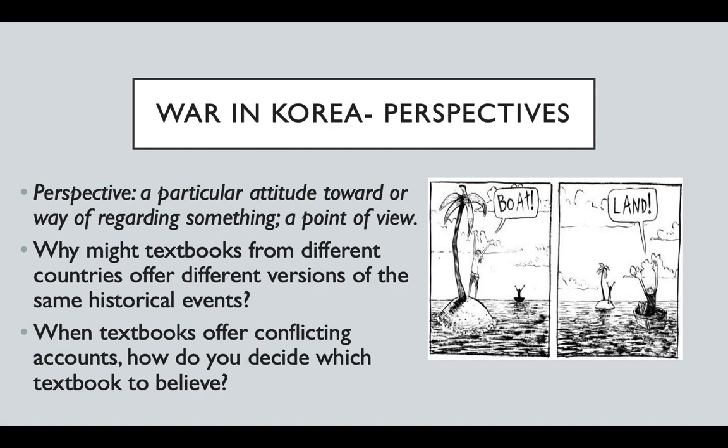We know that a lot of things factor into our own perspectives, our background, where we came from, how we're raised, the people around us. But it's interesting to think that textbooks, which are supposed to be informational, could have different perspectives. Hopefully you guys are thinking about the subjects we looked at during World War II and why Japan attacked Pearl Harbor. So although it is official doctrine, it could be influenced potentially by government. When we look at the third bullet point here, when textbooks are offering conflicting accounts, how do you decide which textbook to believe?